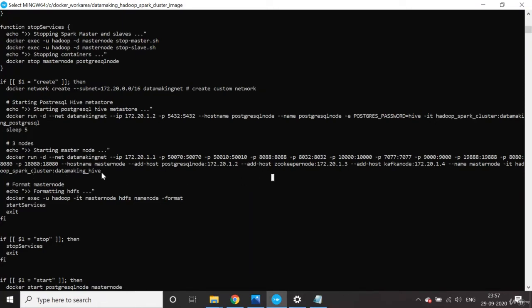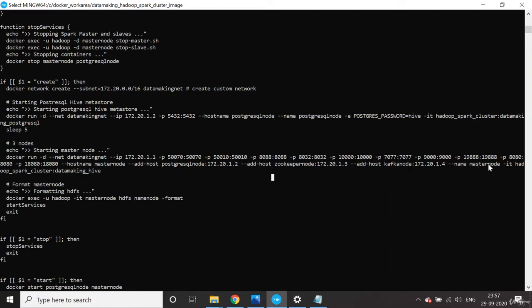If you see here, we are passing the network ID and setting the IP address as 170.20.1.1. These are the ports we are exposing for Hadoop and Spark. This one is for the HDFS WebUI, and this is for the Spark Master: 9000 for HDFS and 8080 for the Spark Master WebUI. We are setting the hostname as master node, and also adding the other nodes, the PostgreSQL node, Zookeeper node and Kafka node, so that they can interact easily.